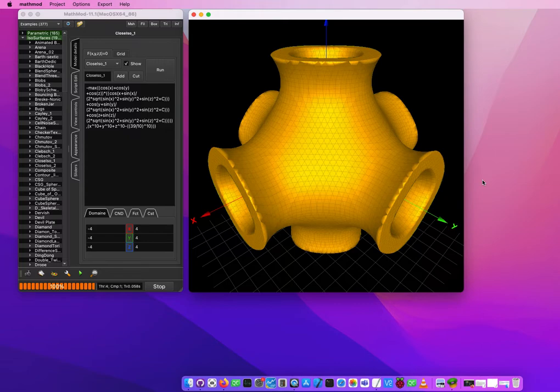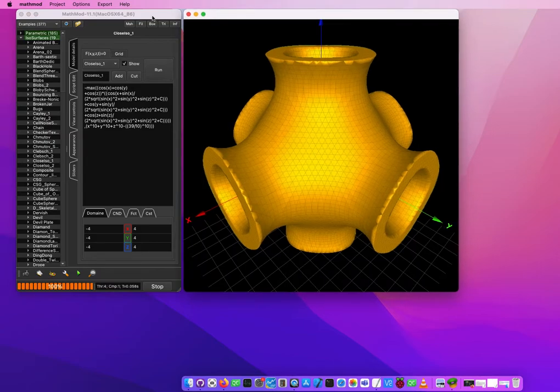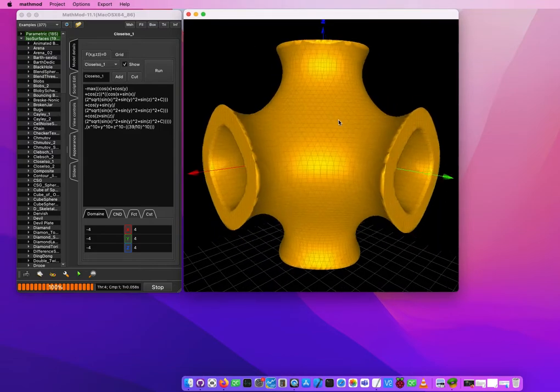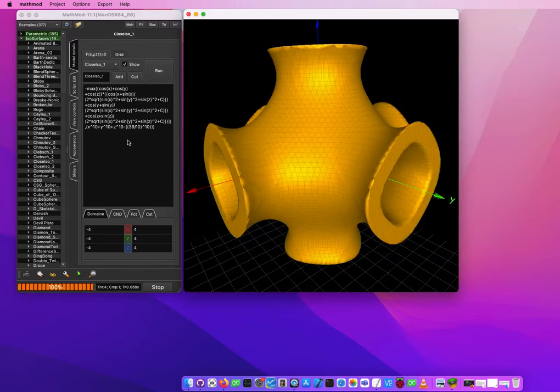In this video I'm going to talk about MathMod's graphics user interface. The MathMod graphics user interface is mainly made with two major windows, the left one and the right one. The left one is by far the most complex. Okay, the right one is the MathMod's viewer, which means that it's showing the result of all